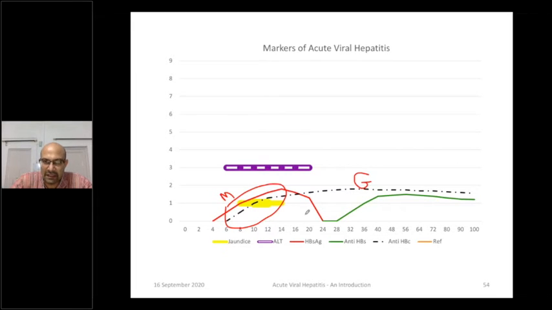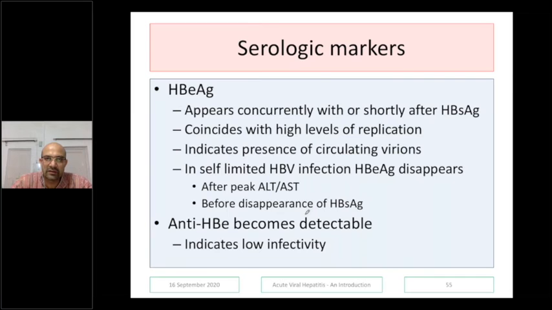So I hope till now you were with me. Hepatitis B surface antigen, antibodies for hepatitis B surface antigen, and anti-hepatitis B core antibodies. You were clear about their formation and disappearance in the serum. So next, let's go to the next marker. The next important marker is hepatitis B E antigen. Now, E stands for envelope, however you might want to pronounce it. So 3 markers we have talked about: S, surface, then E, envelope, and C, core antigen.